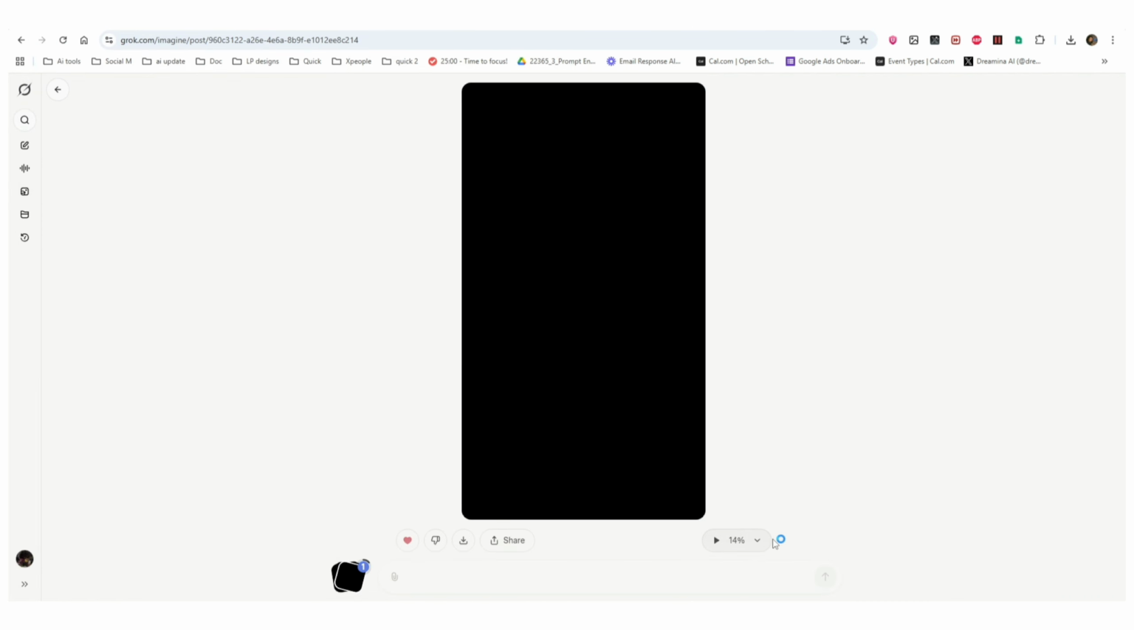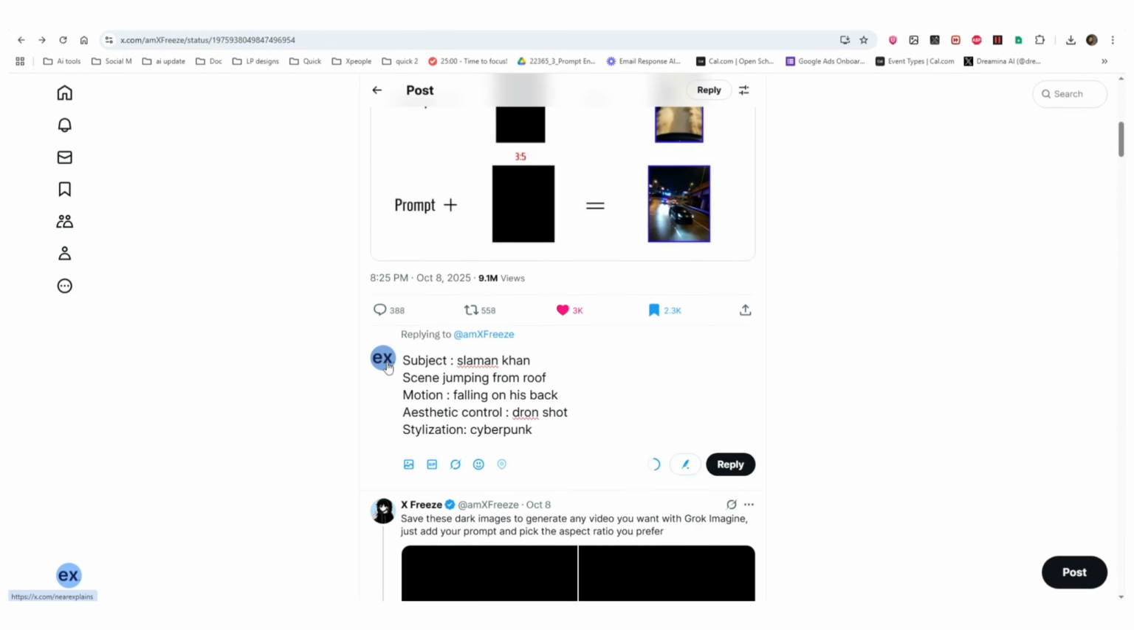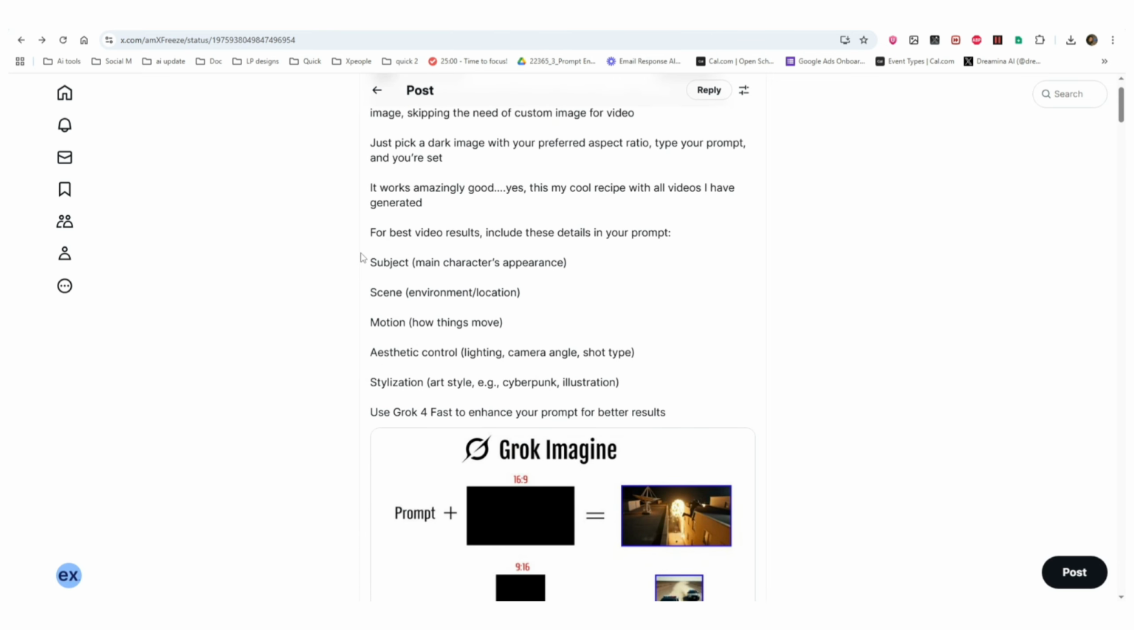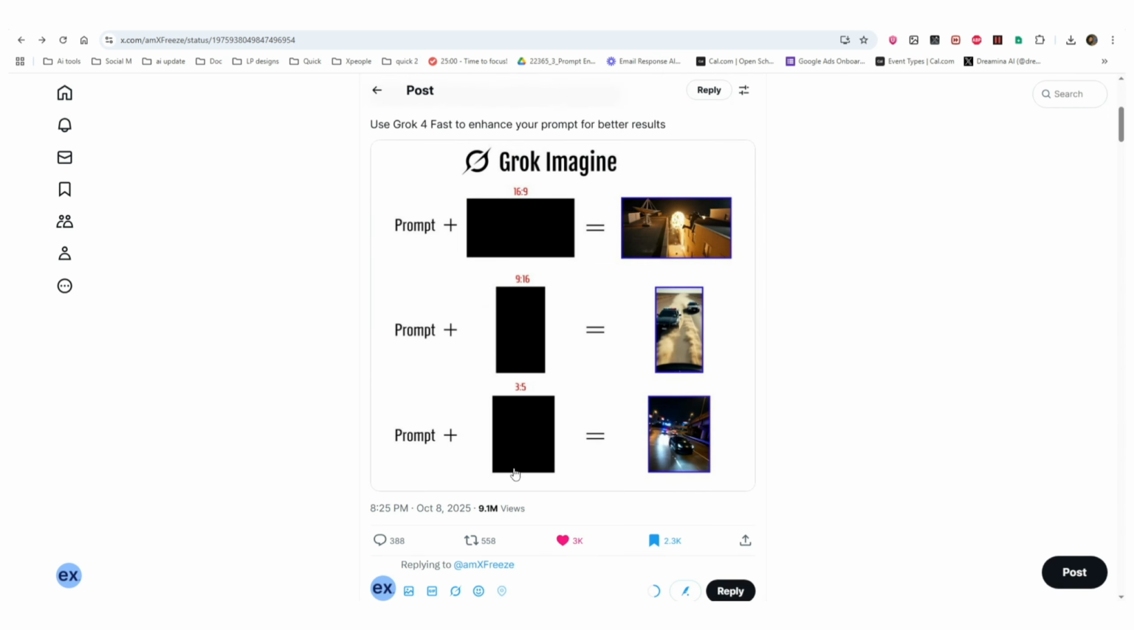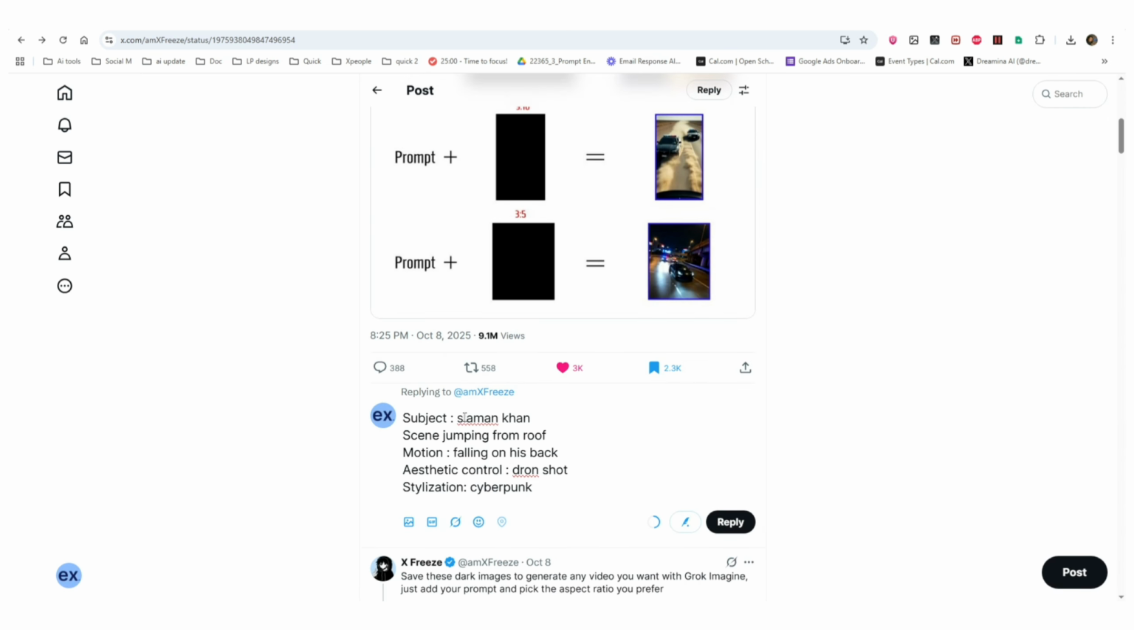It will automatically generate a video out of this black screen, and it will not be what we want because we haven't given it the prompt. So we have a prompt already ready here. We have to write a detailed prompt that contains subject, scene, motion, aesthetic control, and stylization. We have already set up a prompt. This is the subject: